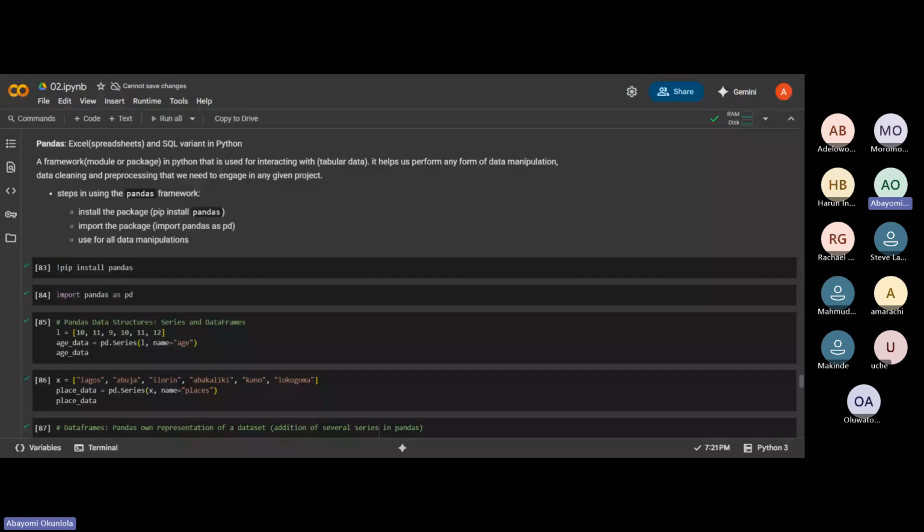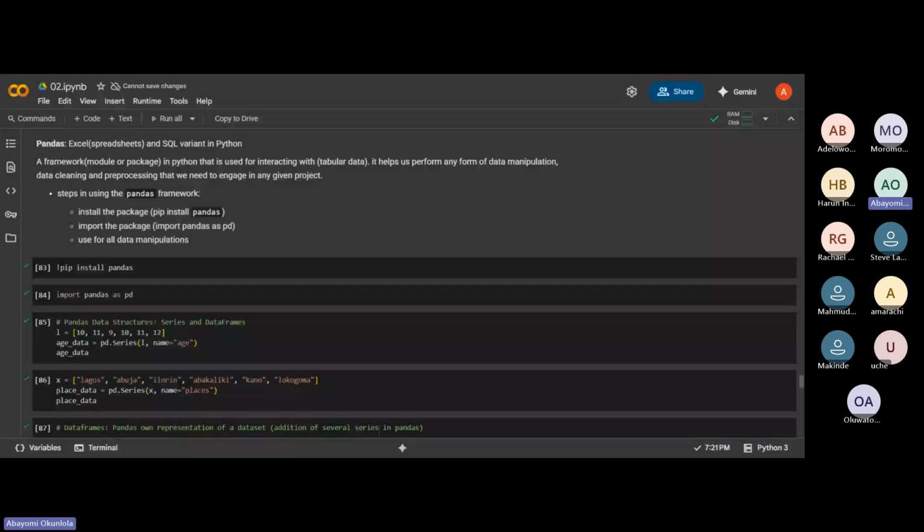Consider your Excel, I mean your spreadsheets, how everything is arranged in rows and columns, looks like a table. Or your SQL, which is structured query language. The variant here in Python is pandas. So pandas is a framework used for interacting with your tabular data. So you have tabular data, you have rows and columns.